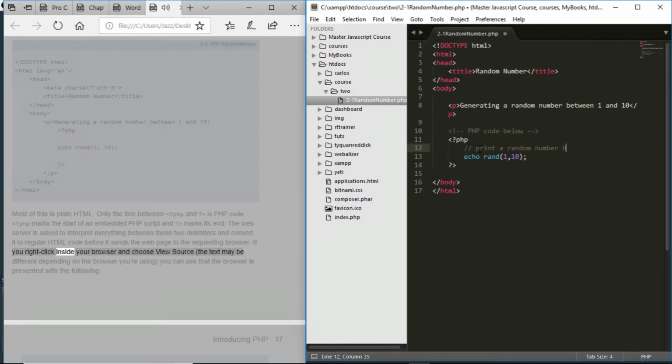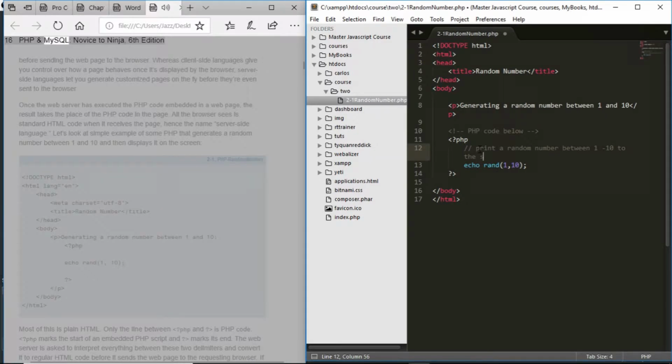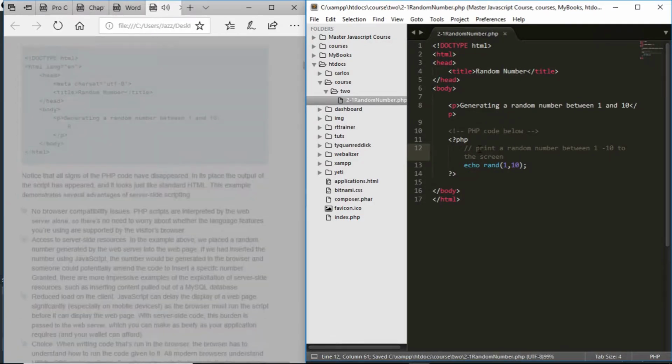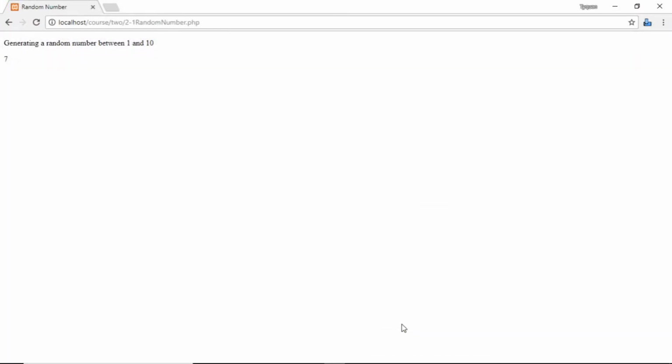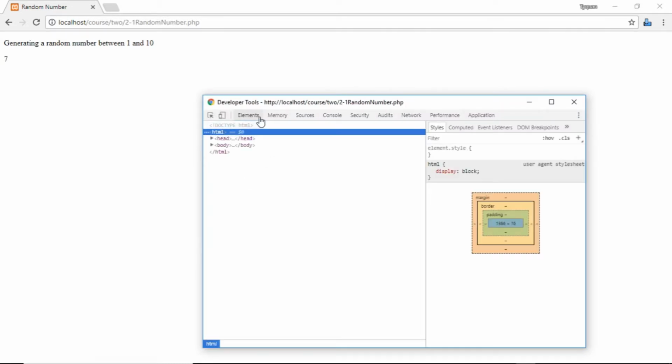If you right-click inside your browser and choose View Source, the text may be different depending on the browser you're using. You can see that the browser is presented with the following: <!DOCTYPE html> <html lang="en"> <head> <meta charset="utf-8"> <title>Random Number</title> </head> <body> <p>Generating a random number between 1 and 10: 5</p> </body> </html>